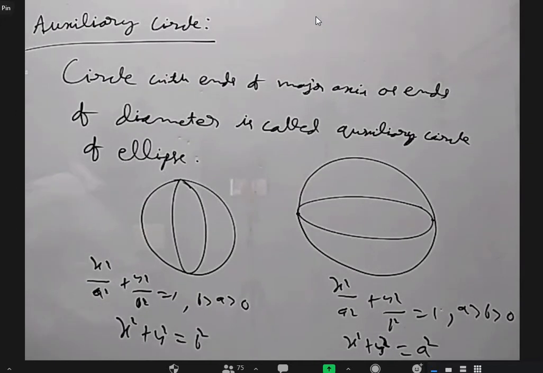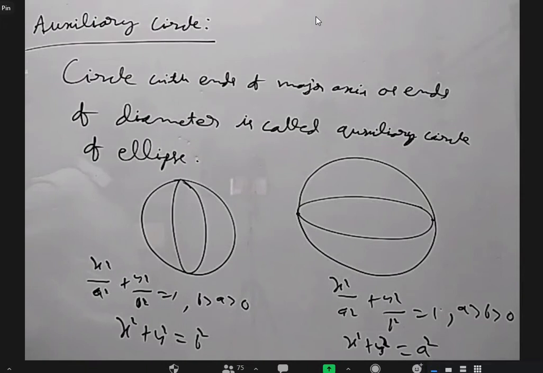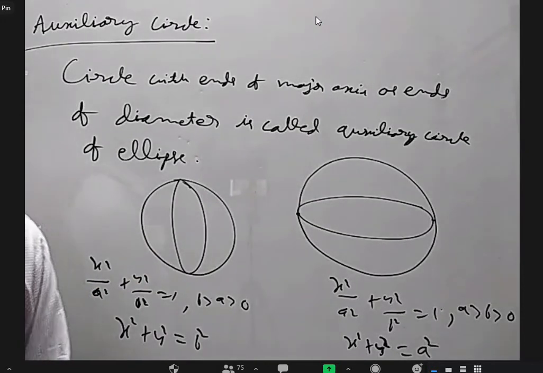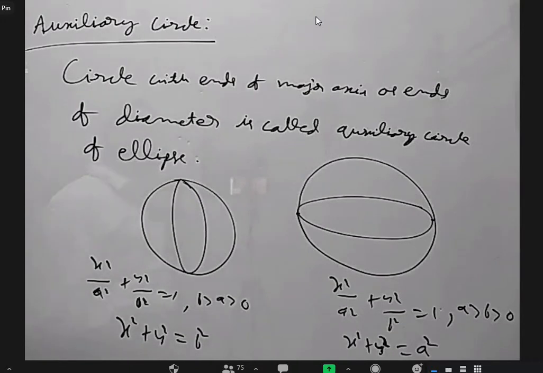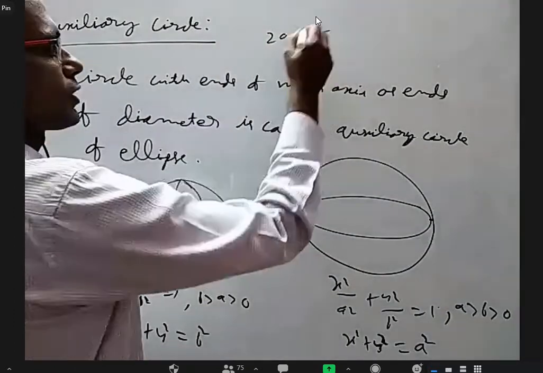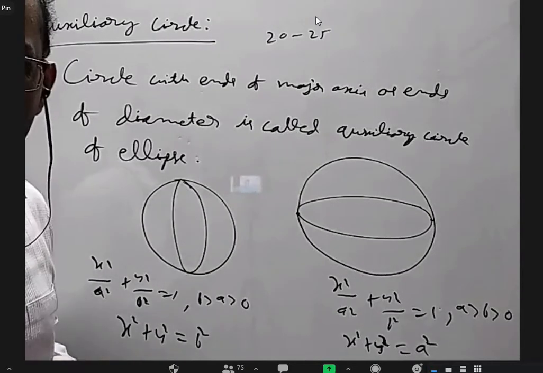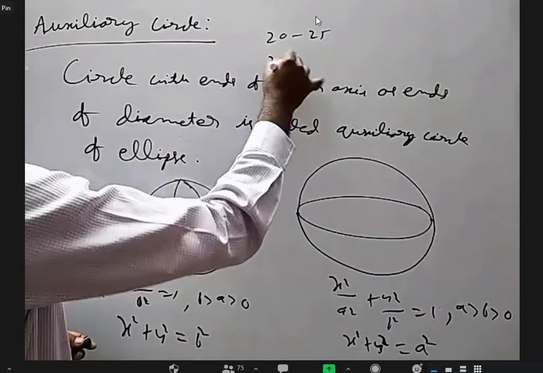You can see your seniors, they said 15 days before they will tell about the mains exam. And yesterday they announced that they have the exam on 20th. They announced on 6th and the exam is on 20th. So they gave a 15 days gap, not at fault. But what happened? For JEE Mains, they said they will keep 4 attempts. But after 2 attempts were over, due to the pandemic, they could not conduct the May and June attempts they wanted to keep for April and May. Now, they are forced to keep the third attempt between July 20 to 25. And the fourth attempt is from 27 to 2 or something like that.